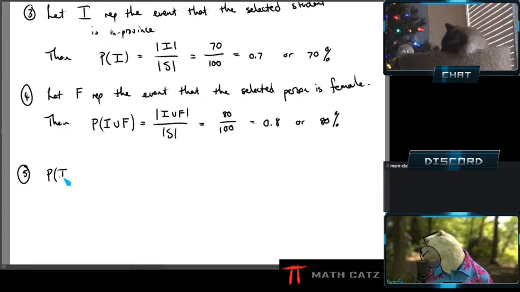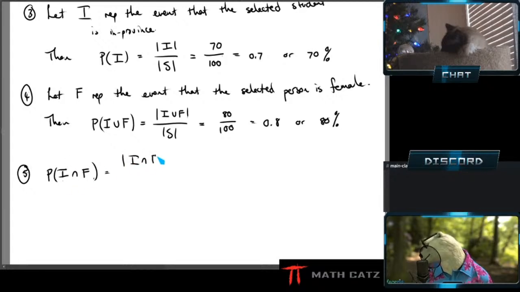remember the word "and" was associated with intersection. So I'm looking for the intersection of the two. Now I don't think of this as Venn diagrams. I don't visualize a Venn diagram. I think about what this combination is requiring me, what kind of people am I now required to look for? It's in province and female together, both.